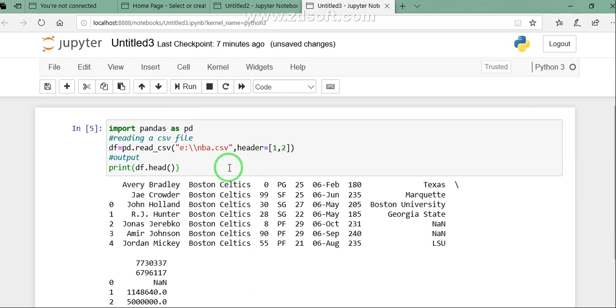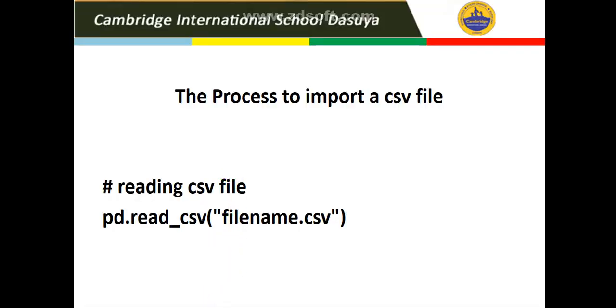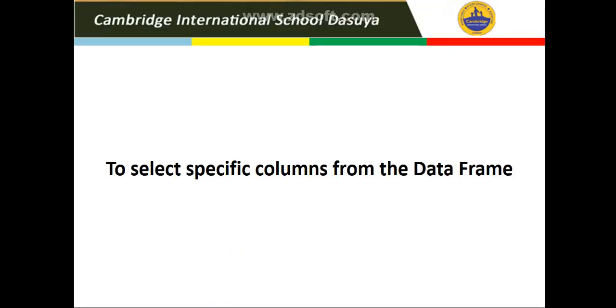Now students, last we have discussed how to display specific columns. Now going back to the PPT. Yesterday also we went through how to display a specific data frame column. Clear?